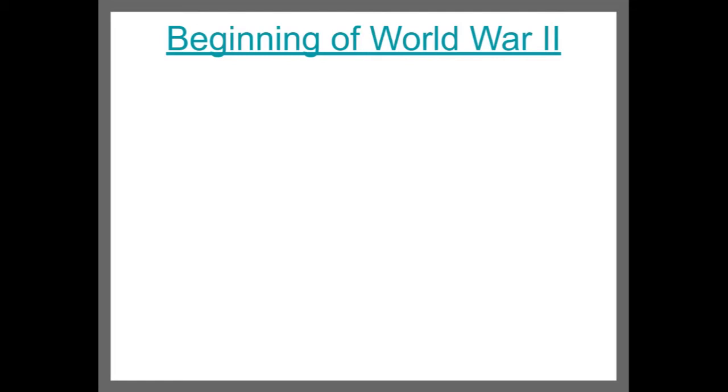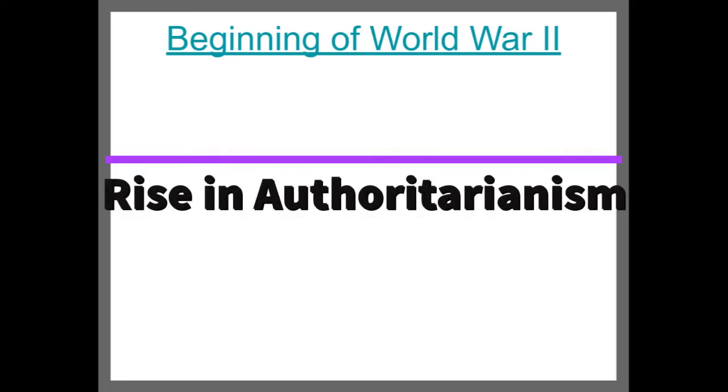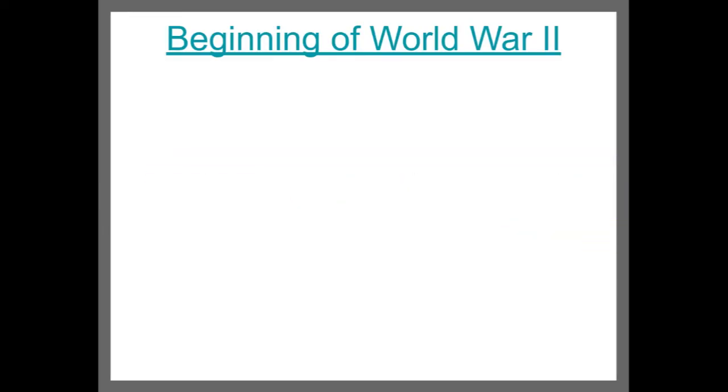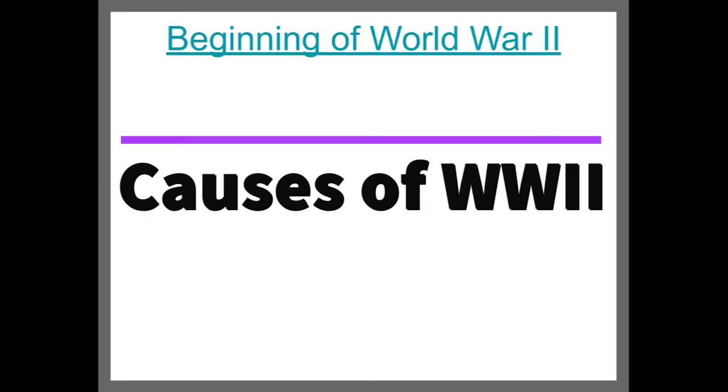Now that we have reviewed the end of World War I and how that and the economic depression affected the people of Germany between the wars, we'll look at the rise of authoritarianism in both Asia and Europe, starting with Germany. After discussing the rise of authoritarianism and dictators in Germany, Italy, and Spain, we will zoom out, as they say, to get a big picture look at some of the more immediate causes to the start of the war